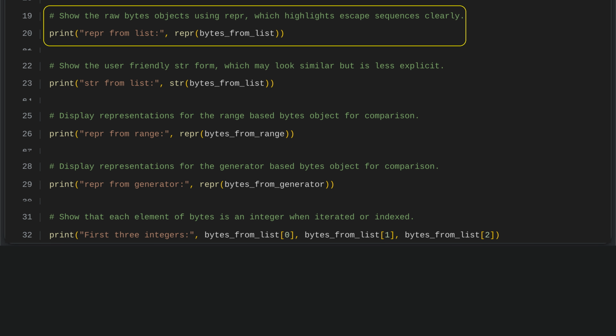We use the representation function to show the raw bytes object created from a list of integers. This view exposes escape sequences so we can see exactly how the bytes are arranged internally. It is especially helpful for debugging or any time you need to inspect the precise byte values, including characters that